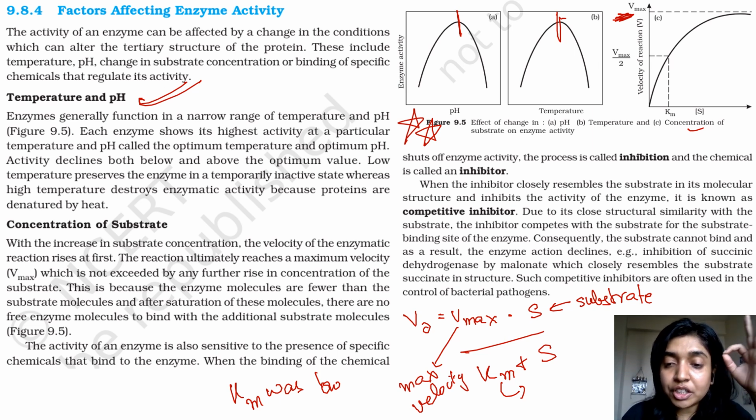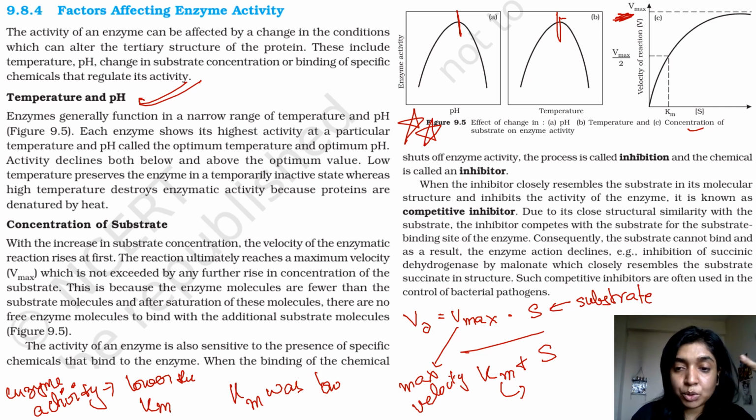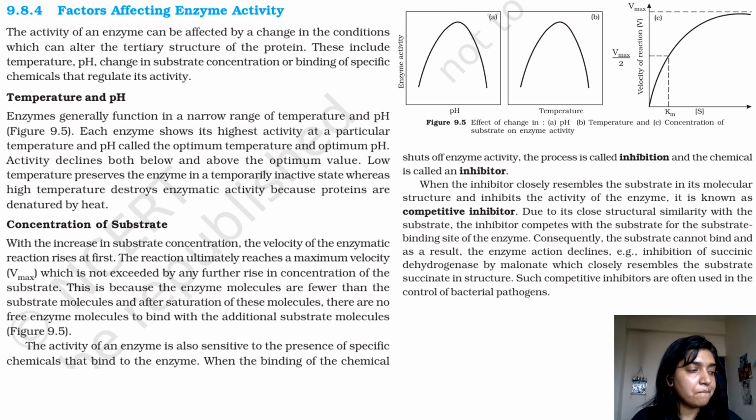So when we're talking about the enzyme activity of any particular enzyme, in that case, lower the Km, that is the attachment of the enzyme towards its substrate, the better the activity, right? So this is a concept that I wanted you to understand. In case it is still not clear, then please